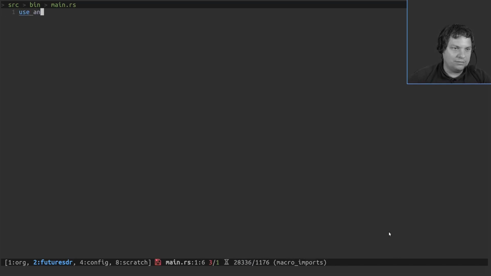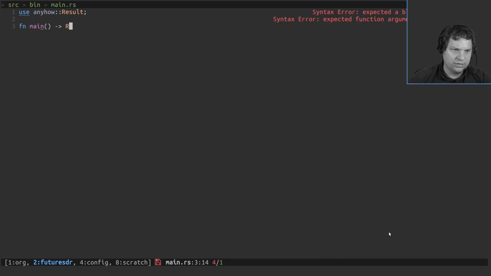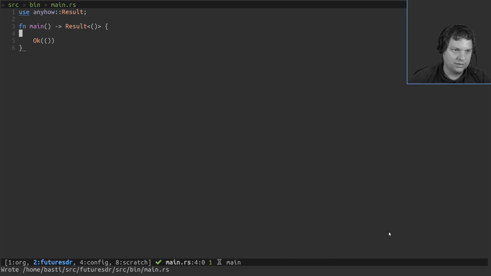Okay, so let's start with some simple project. We use anyhow Result, which eases result handling a bit. It's also totally overused in the runtime. And then we can return Ok. And that's it.